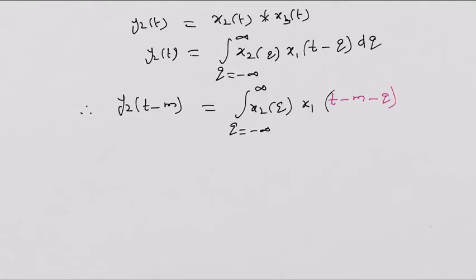And as usual, the dq is present here. So t alone is varied to t minus m. Even this portion, I just want to mention, t is replaced by t minus m in this equation. Once you do this, you can find there are two dummy variables p, q. All those variables are called, what are they? They are called dummy variables for the convolution operation.